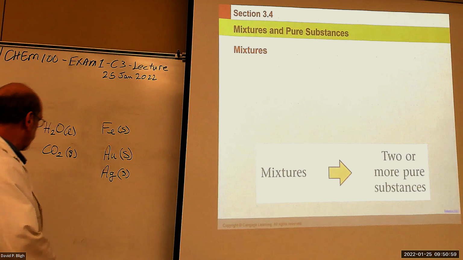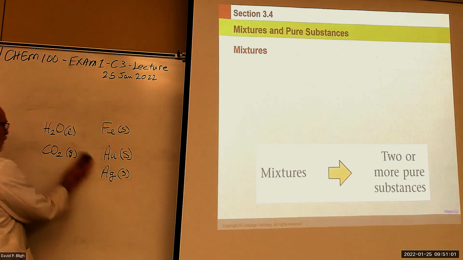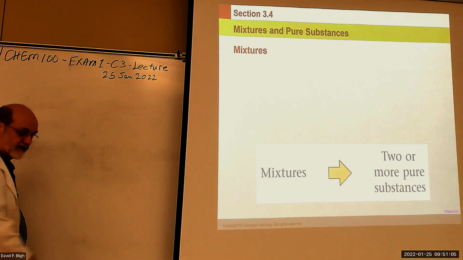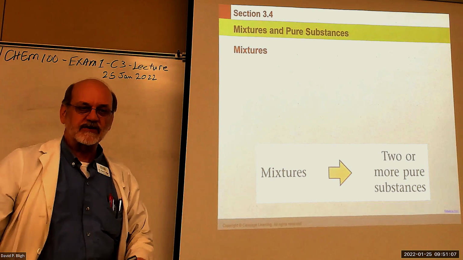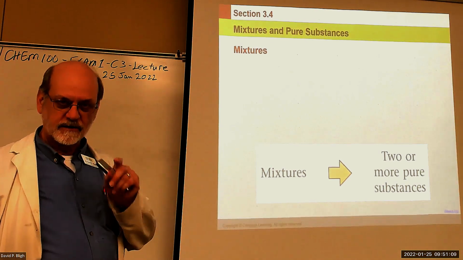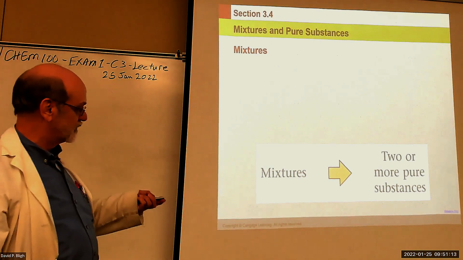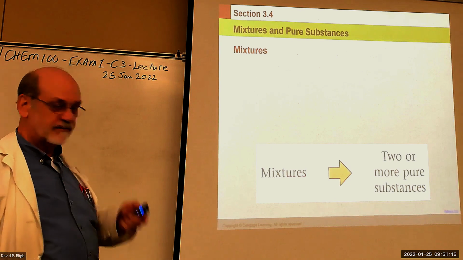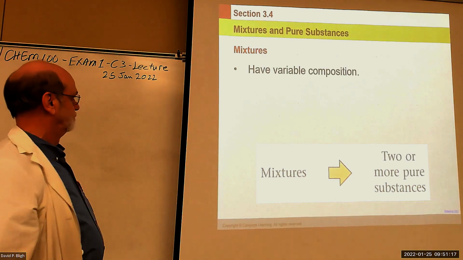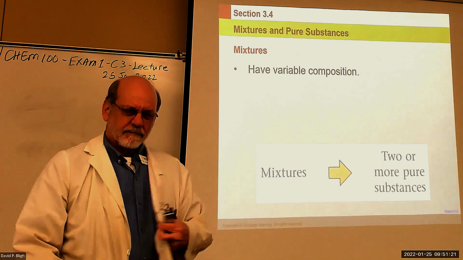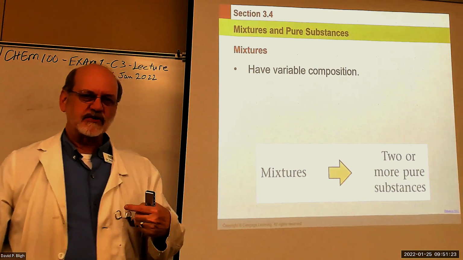Okay, now we know what a pure substance is. What's a mixture? A mixture is just a physical combination of two or more pure substances. Okay? Two or more pure substances makes a mixture. The thing about mixtures is they have a variable composition. In other words,